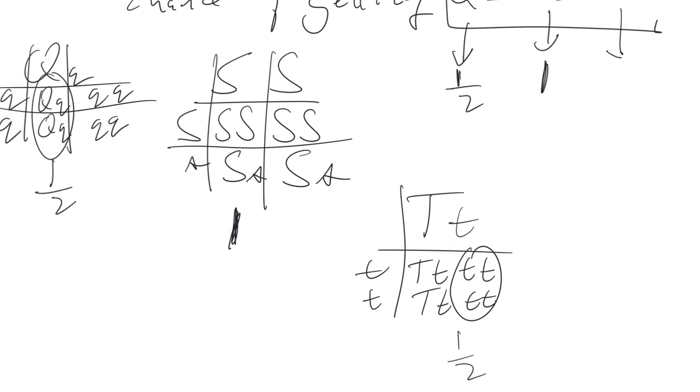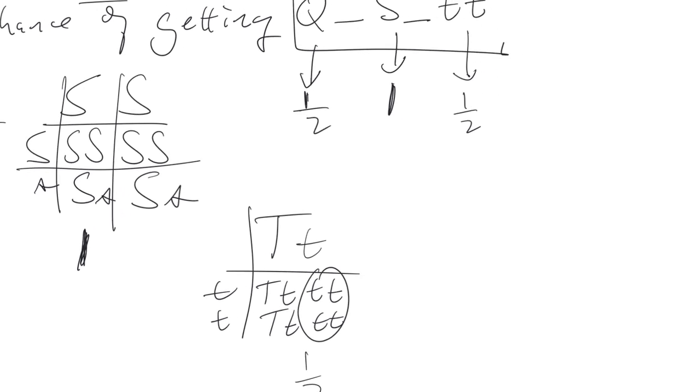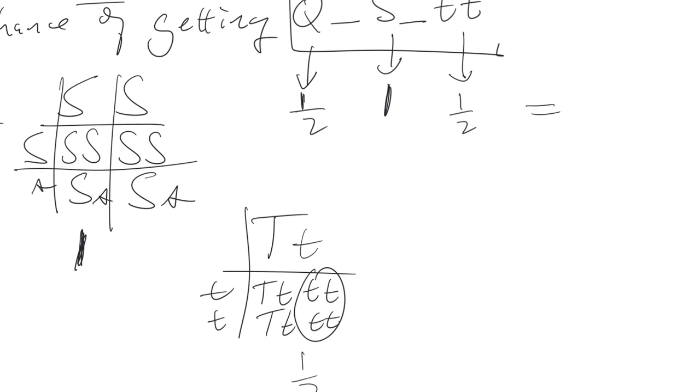So my total chances are 1/2 times 1/2 times 1 is 1/4. So 25% of the kids will be like